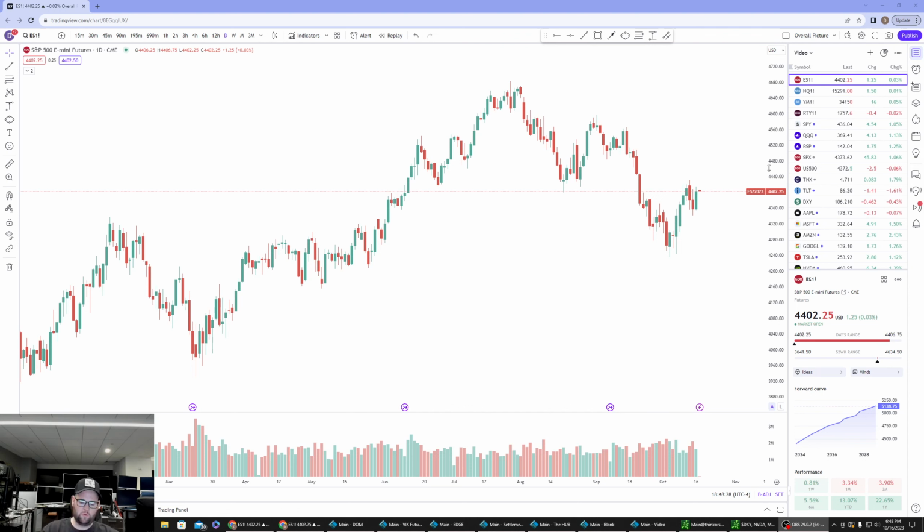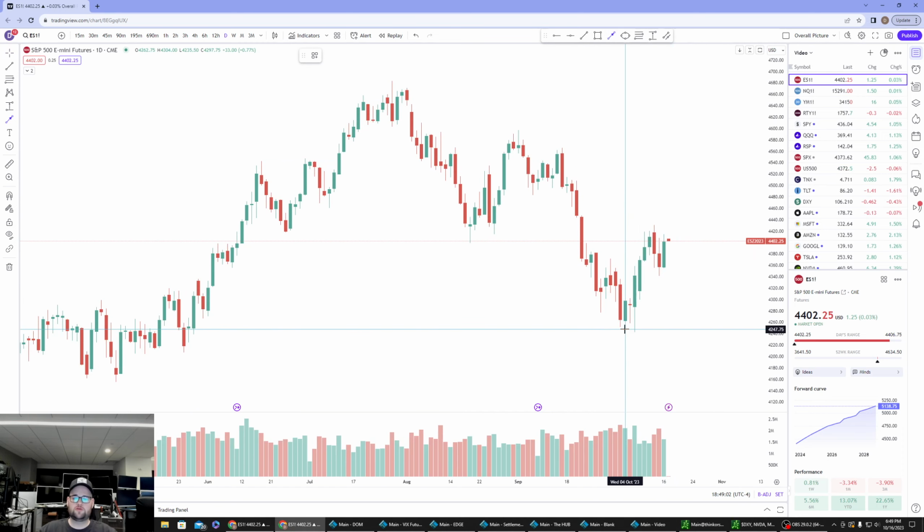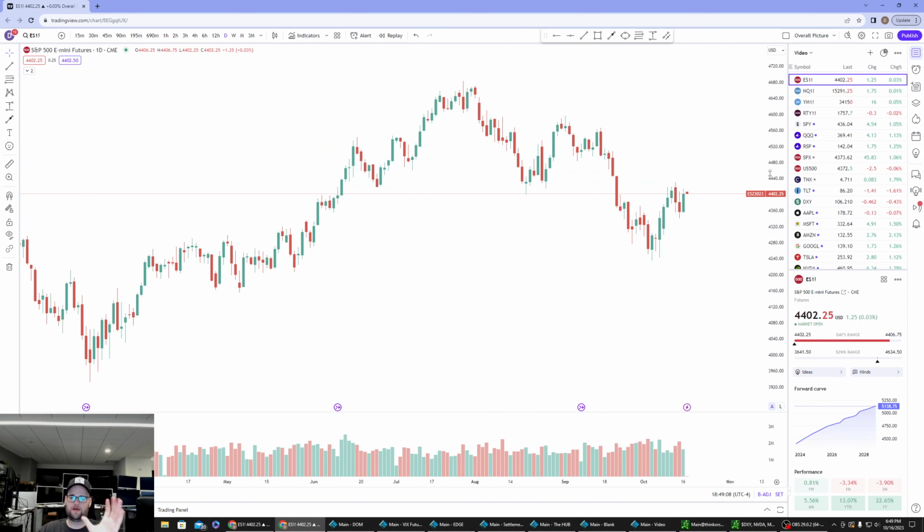On top of that, we also had an ugly Michigan sentiment release this past Friday, which showed not only a sharp drop in confidence, but also a spike in inflation expectations. If those weren't enough, we also got geopolitical headwinds out of the Israeli attacks. So these are multiple different things that are acting as headwinds in the market, yet the S&P has managed to absorb a lot of that negative sentiment and sustain value. Okay, so that's very, very important.